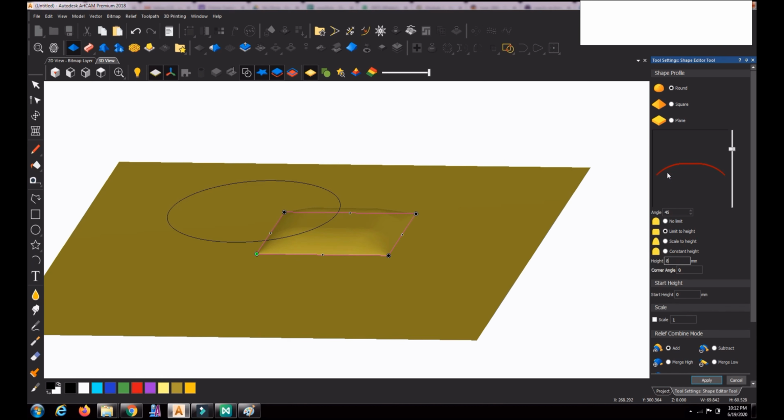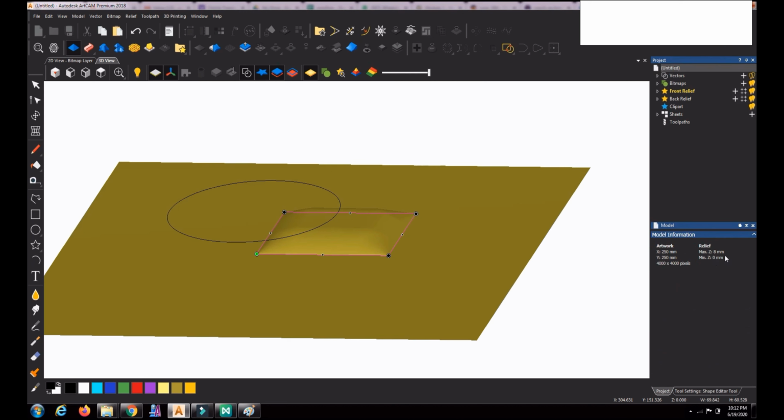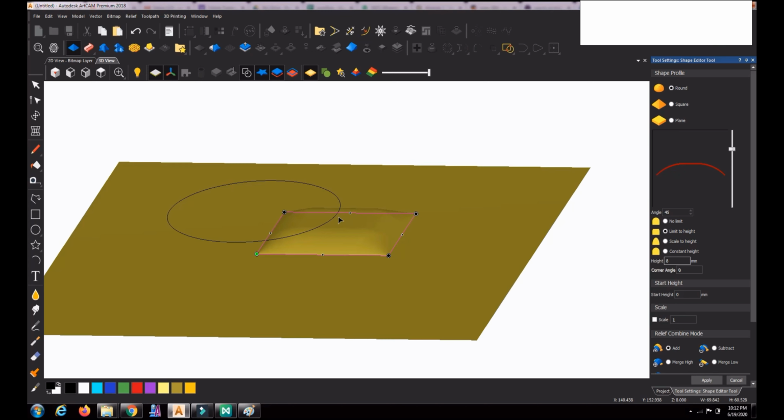When it is limit to height, it will go at a 45 degree angle, and when it reaches 8 mm height, the top portion automatically becomes flat. That is what happens with limit to height. The profile height will be restricted to 8 mm. Now you can see the relief height is 8 mm only. That is the maximum height it reaches.